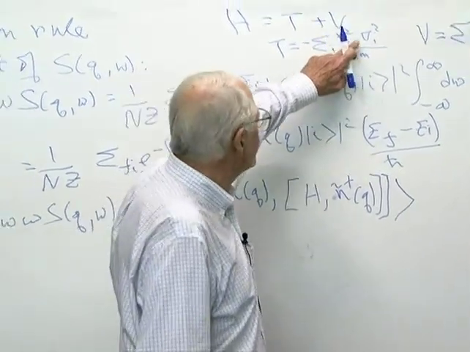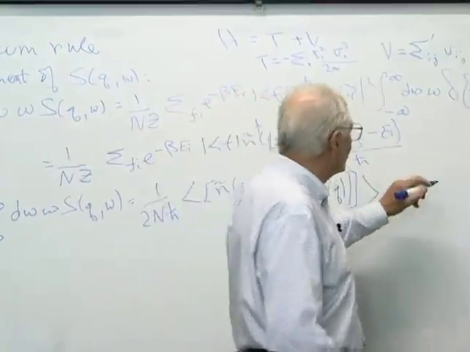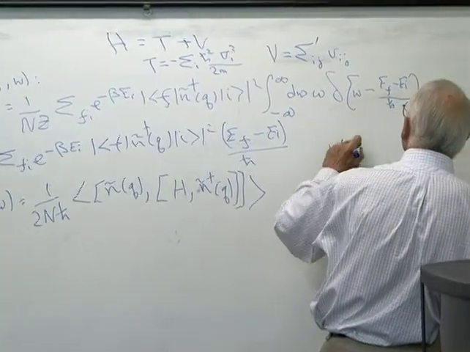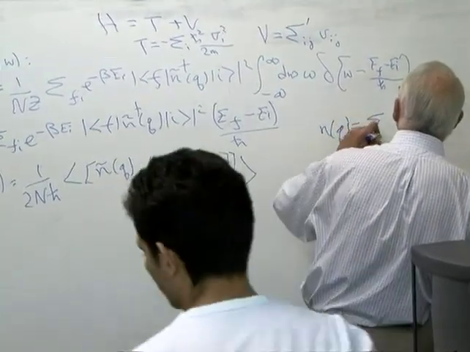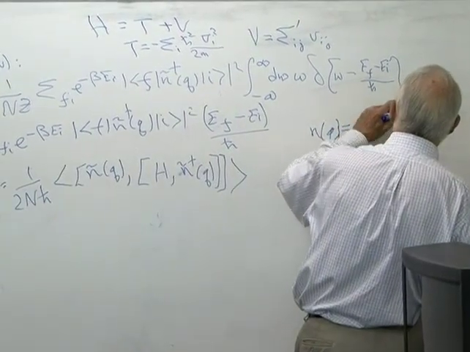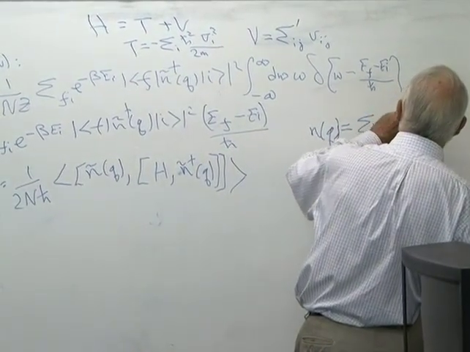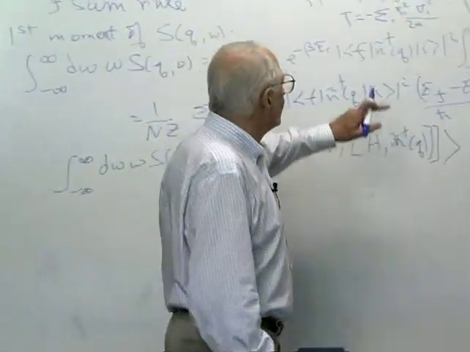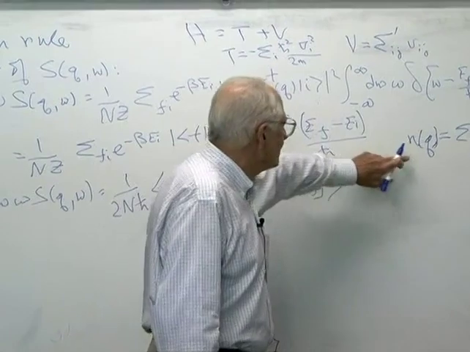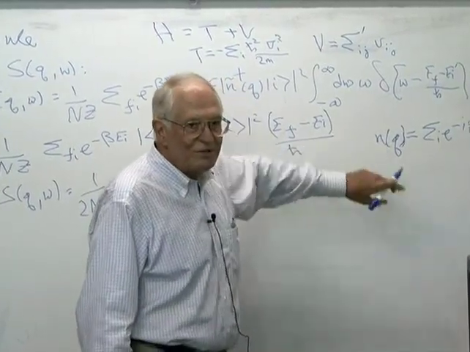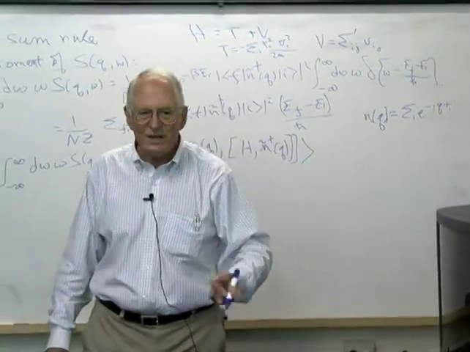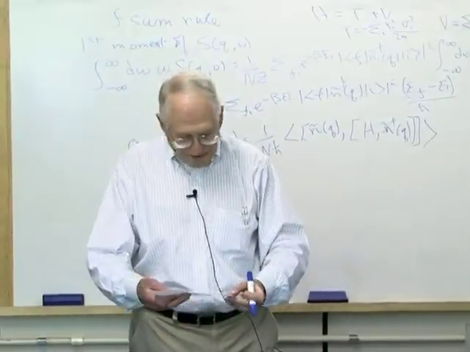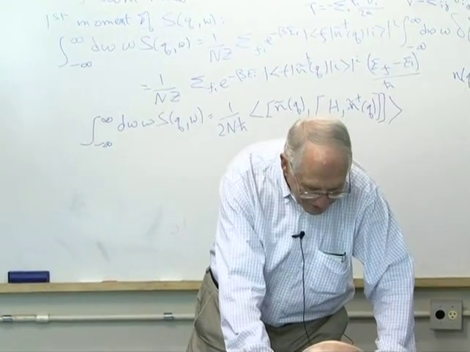And so you get this Laplacian acting on, remember that n of q is basically the sum on i of e to the minus i q dot r_i. And so this gradient acts on this. You can work this out. It takes about a page of writing. It's pretty straightforward. And at the end of the day, you get a very simple answer, which is called the